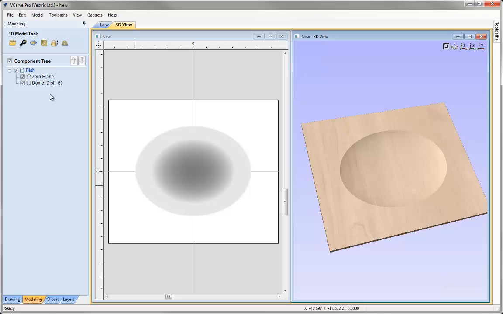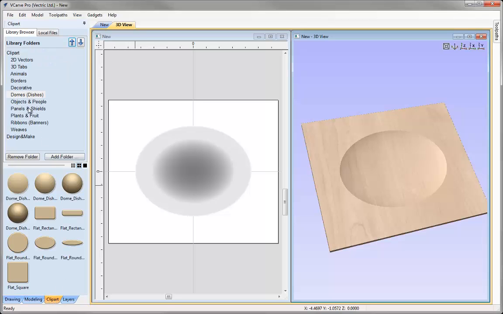Now we're ready to create a new level, so I'm going to right mouse click on this level and choose the option to insert new level. I'll right mouse click again and go to rename, and we'll just call this one dish contents. So the first level contains the dish and our reference plane, so that's effectively what everything else is going to sit inside of. So for the dish contents, I want to go back to the clip art tab,